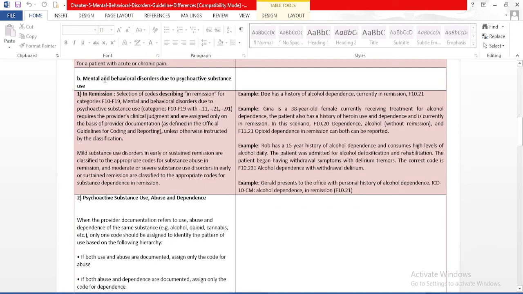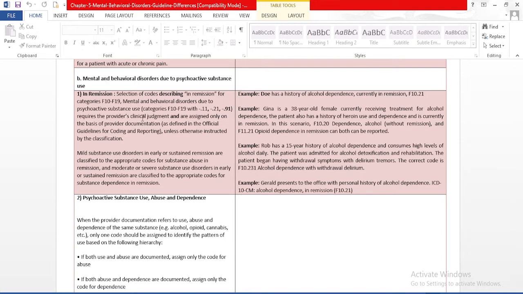Next guideline, mental and behavioral disorder due to psychoactive substance use. As we learned remission initially, it will be very easy for us to learn remission. Selection of codes describing in remission for categories F10 to F19, mental and behavioral disorders due to psychoactive substance use, requires the provider's clinical judgment and are assigned only on the basis of provider documentation unless otherwise instructed by the classification. So whenever we code remission codes, we need to check the physician documentation to get a clearer explanation